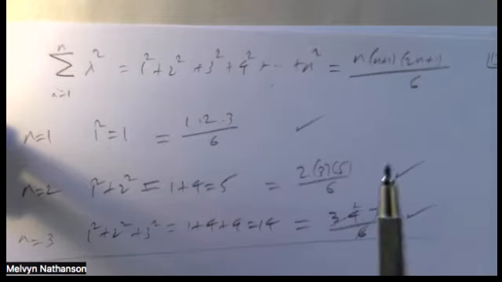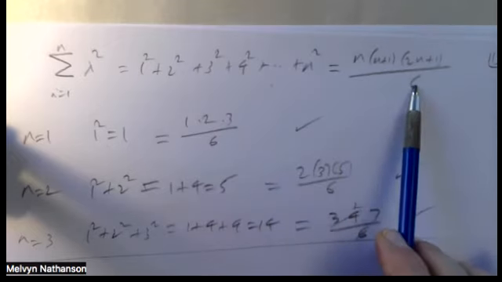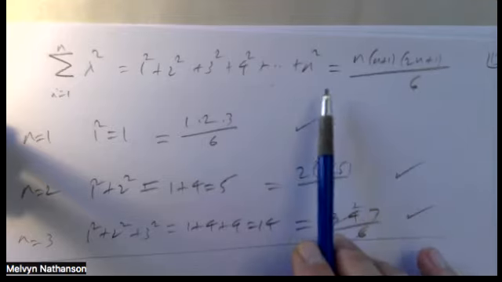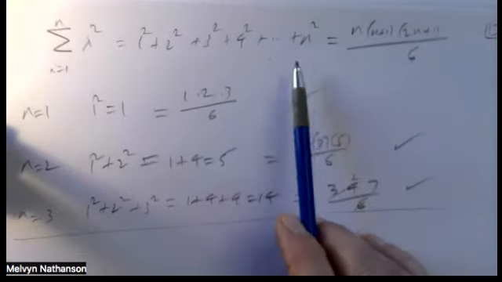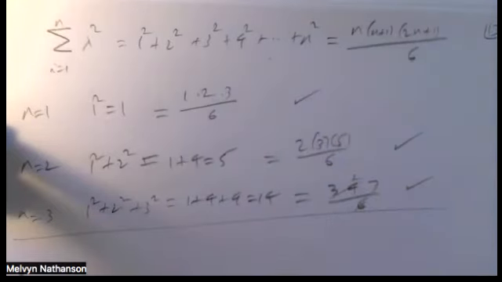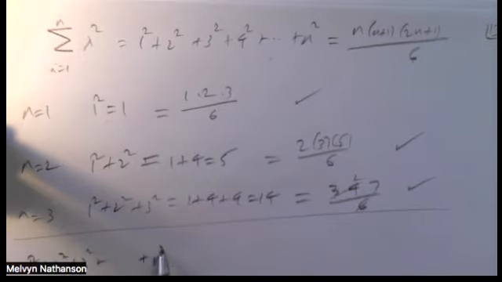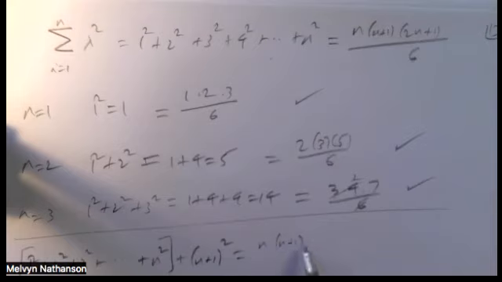So how do we prove this by mathematical induction? A statement is true for n. You have to prove it for n plus 1. So what does it mean to prove it for n plus 1? You have to add up the squares of the first n plus 1 integers: 1 squared plus 2 squared, 3 squared, up to n squared plus n plus 1 squared. Let's see, what does that equal? Of course, by the induction hypothesis, the sum of the first n squares is equal to this. So this is n times n plus 1 times 2n plus 1 over 6, plus